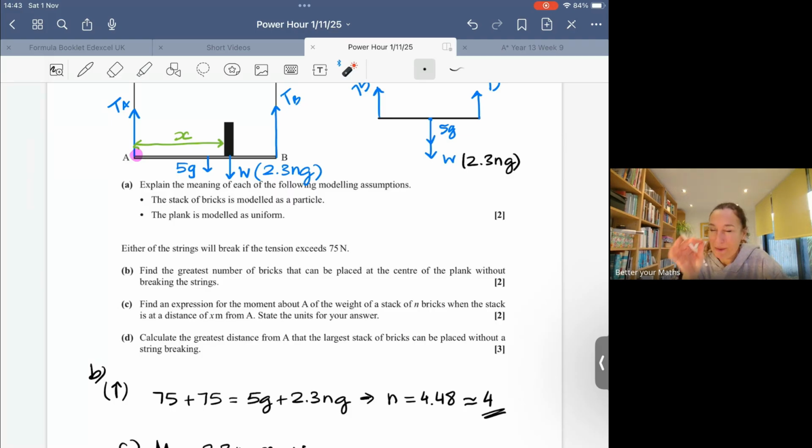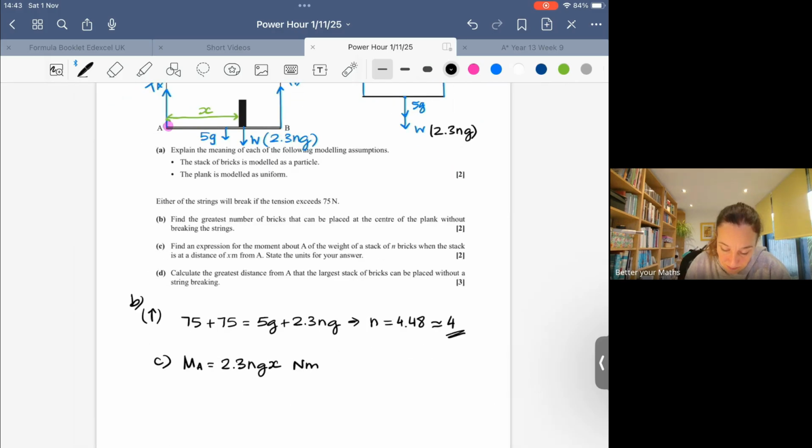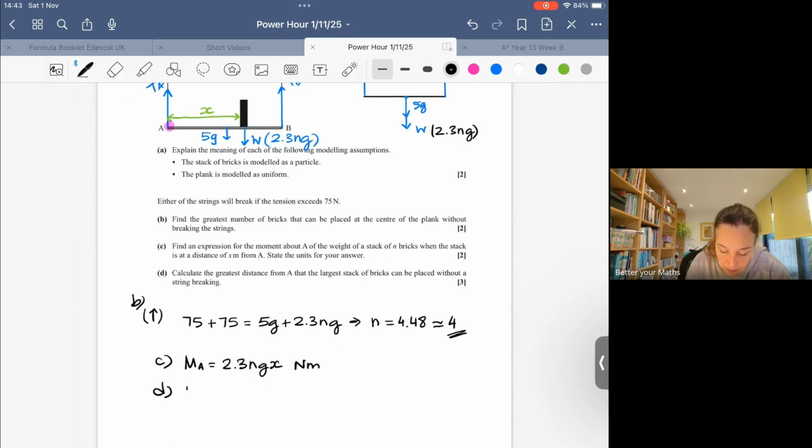For those who haven't seen moments, when I have a rod that is in equilibrium, two things are happening. The resultant force is 0. That's what we did here. So forces pointing up equal forces pointing down, but also moments about any point is 0, because if not, the thing will start moving, spinning. So moments about A, the moments about A must be 0, which means